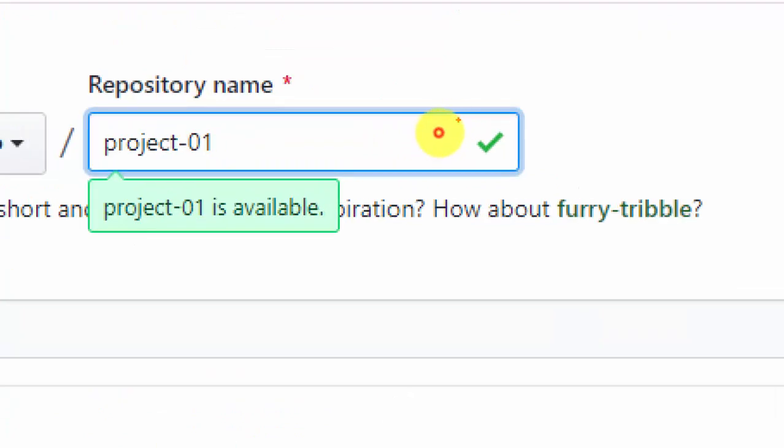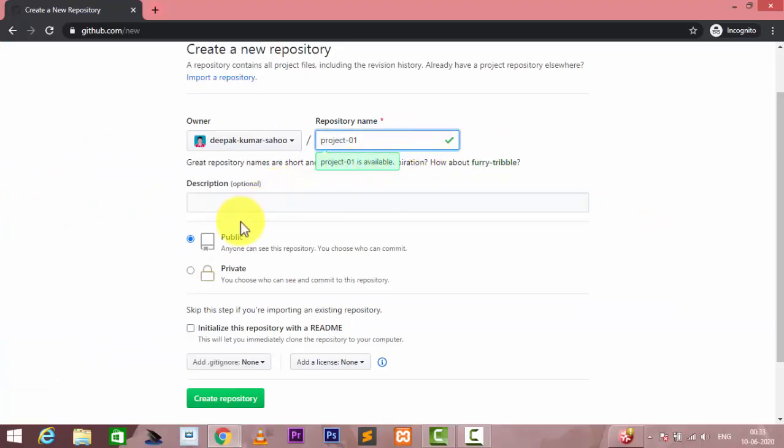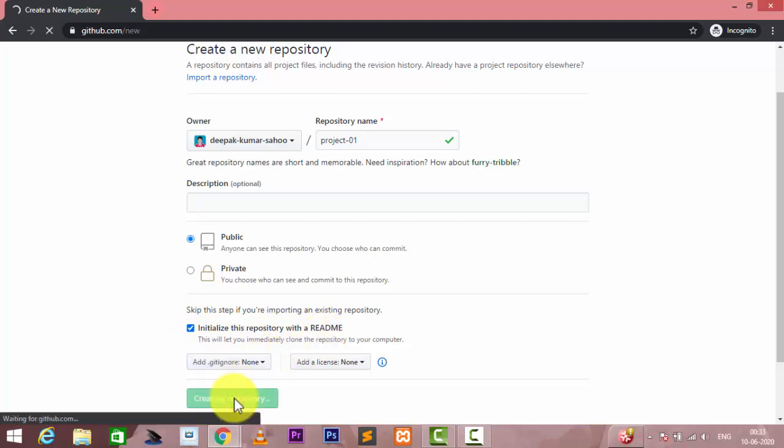This tick mark shows that the username is available, and this is the message that your name is available right now. Okay, so my code is public now, and I just click on initialize this repository with a readme file. Then I just simply click on create repository.